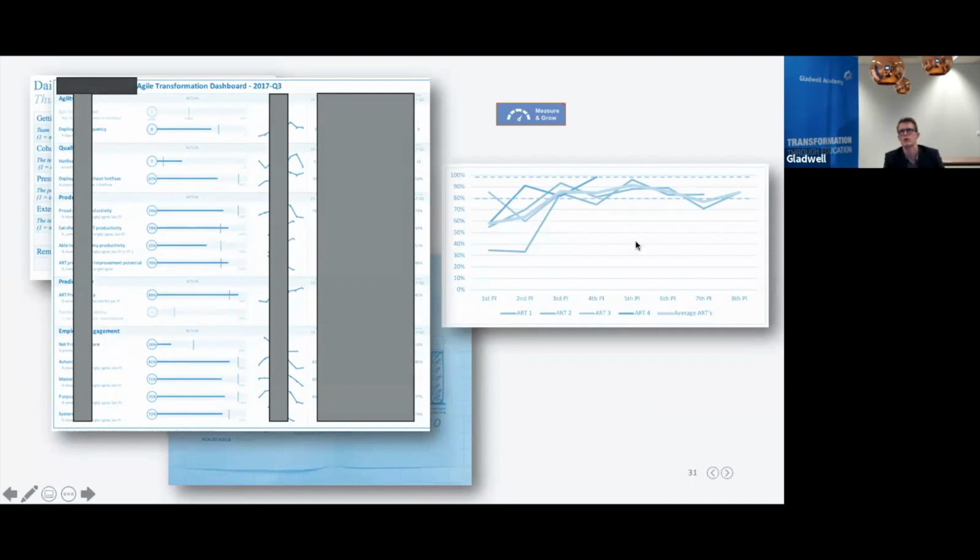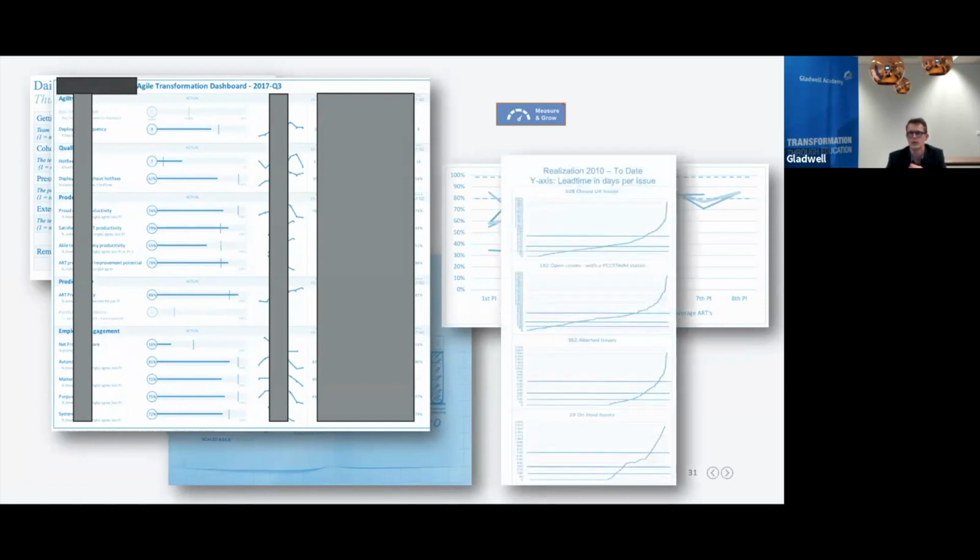So this is a graph that shows predictability. This is my favorite graph. For Agile release trains, measuring their predictability is the holy grail. If you become more predictable, performance comes by itself. So that's, I would say, next level. And then of course, lead times, wait times, queue stuff, etc. Start to measure that, measure and grow.